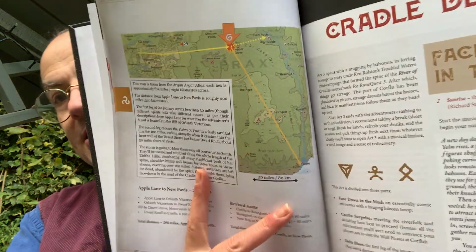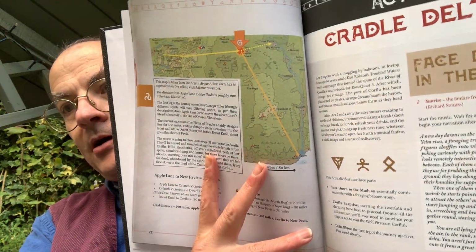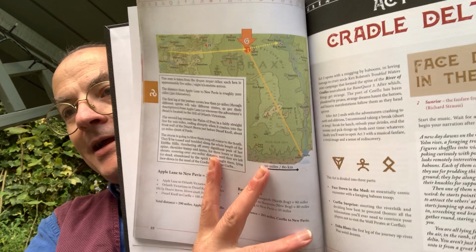And then essentially we've got a bit more detail. Again, we've got a nice map from the Argan Atlas, showing the routes of the player characters, giving a bit more context for devotees. And then we are into the Cradle Delta,